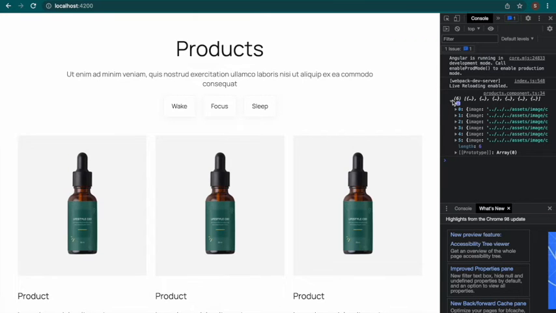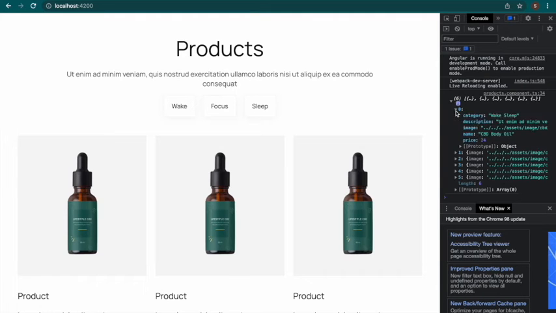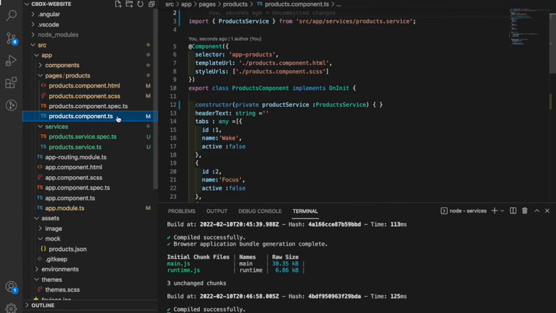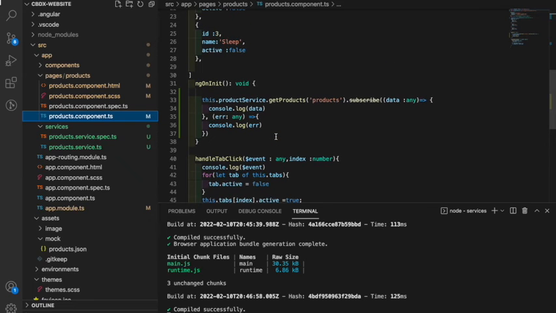But now we see that we're getting this array, which is something that we actually did want to get. So what we have here is the category, the description, the image, the name of the product, and the price of that product, right? Nice, that's brilliant because we actually did achieve something. So now I can close everything up, come here to this page, and see that from this